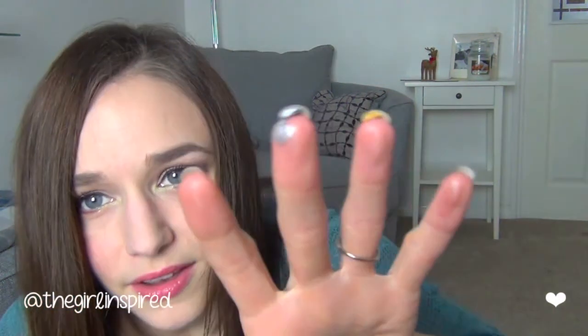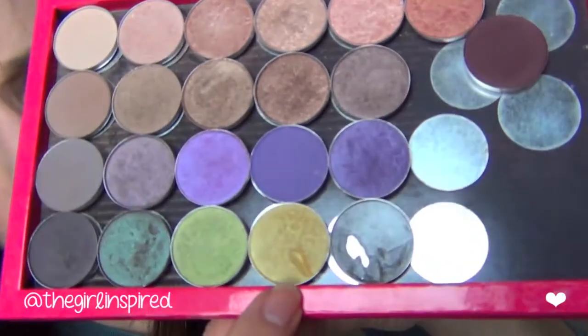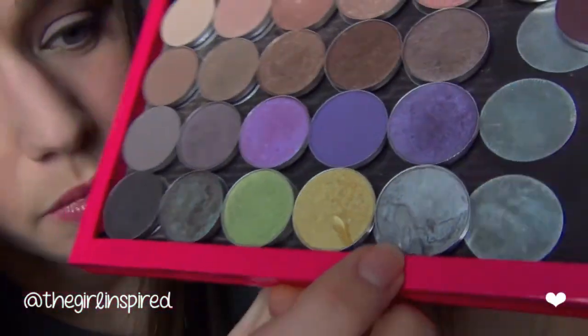Oh, I just dropped my makeup and got it all in my fingers. Meh. I took a chunk of gorgeous gold, and this electro was already really beaten up anyway, but